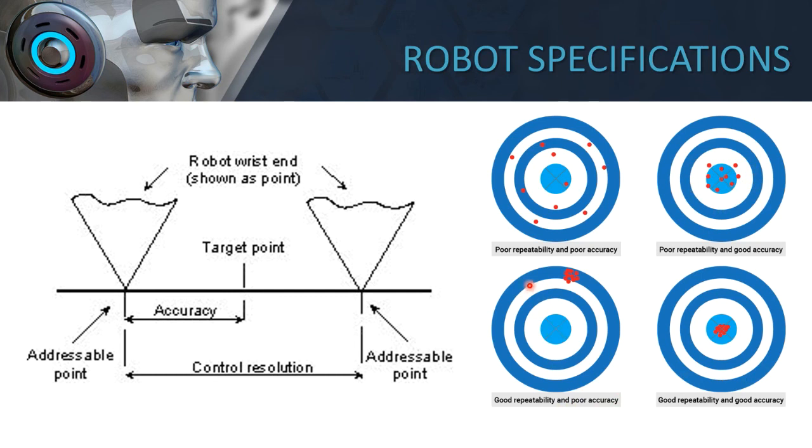Again, you are able to reach a specific point, but it is not the target point, but you reach the same point again and again. Then you say it has good repeatability but poor accuracy. If you want good repeatability and good accuracy, all the points the end effector reaches should be at the target point only. If it is not at the target point, then you cannot call it good repeatability and good accuracy. I will come to the repeatability part, but in this image just understand only the accuracy: poor accuracy and then good accuracy. So this is about accuracy.